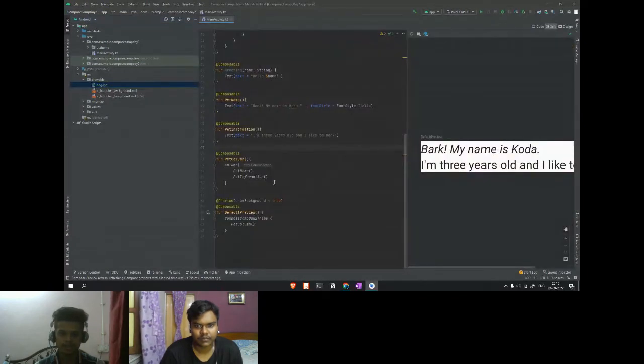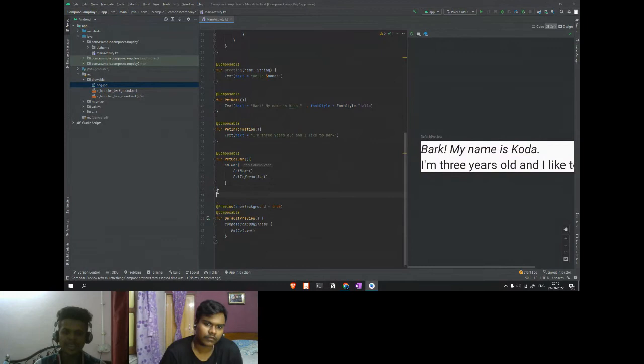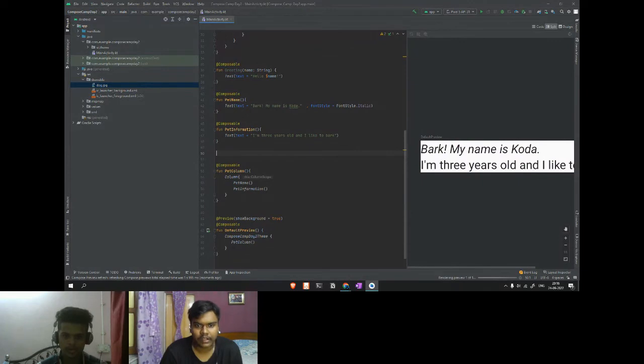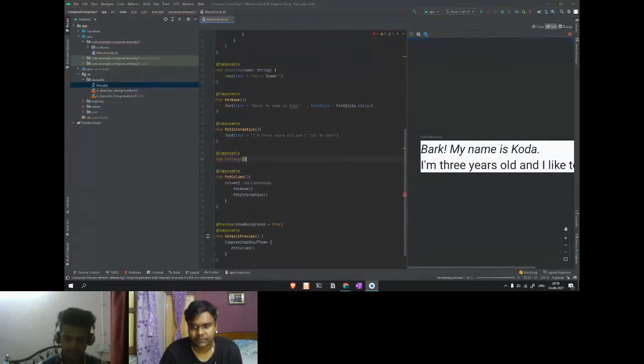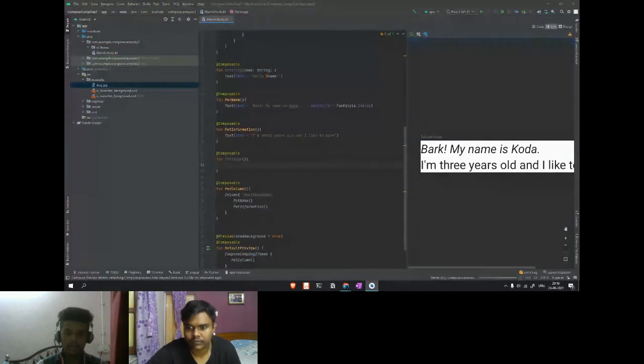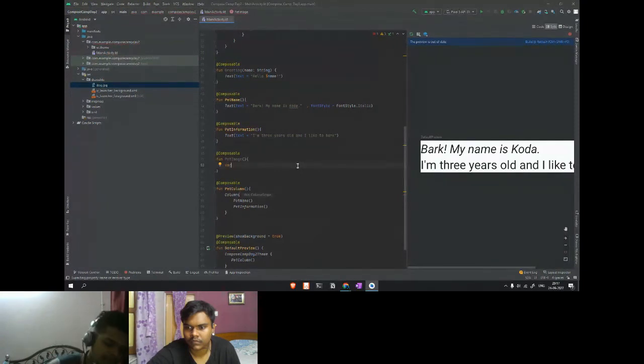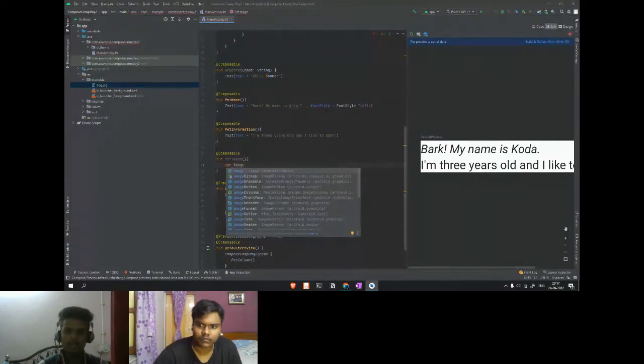Okay, let's put it. For doing that, we need to create another composable function. If you can recall, we will be creating this function to do what? To import our image. Let's name it PetImage. Now we are going to use this image. For that, we have to create a variable like this. We'll name this image,